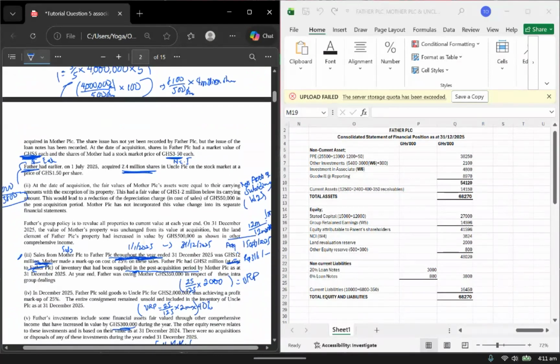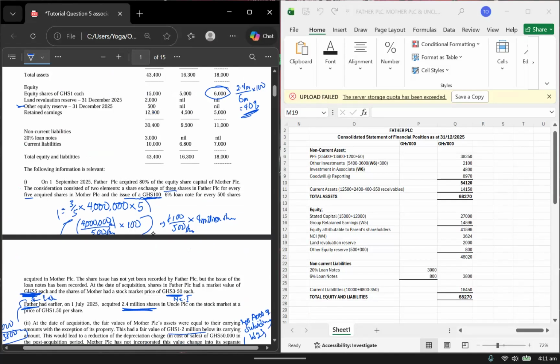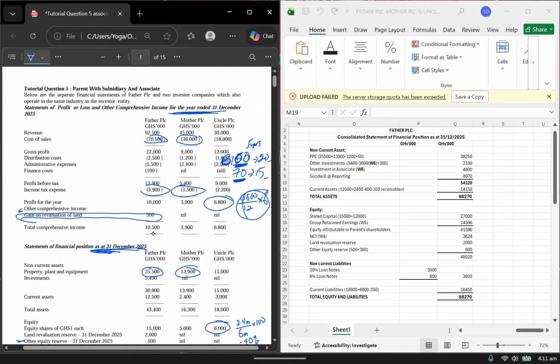Where is it? Here it is. They had a fair value of 1.2 million below. So if it's below, you come and subtract. Okay, that's why you're subtracting. And then the depreciation will be the opposite of the fair value loss, which is to add. All right. Now, when you come to the other,